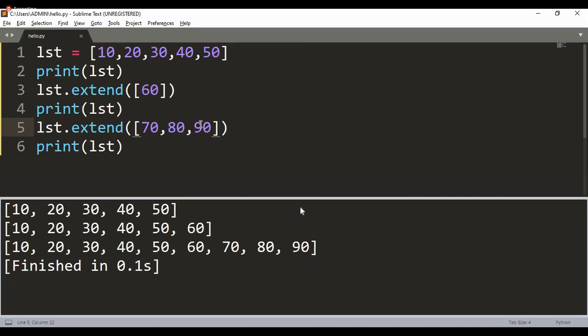Right, please make a note of this. You can first take down the notes. Extend method extends a list, full stop. It always takes iterable objects as input.